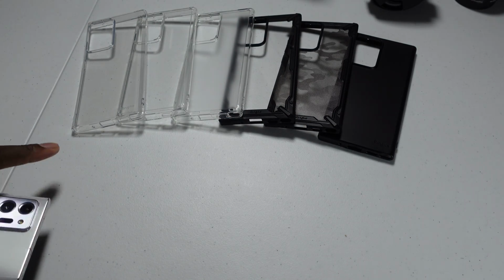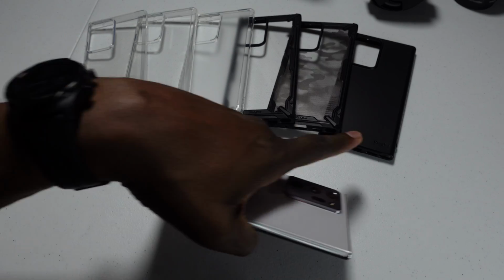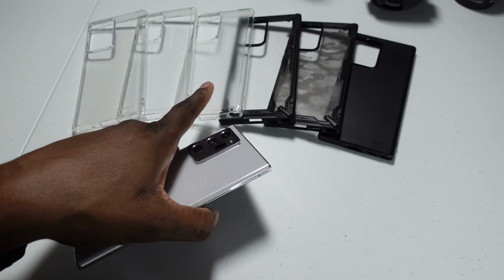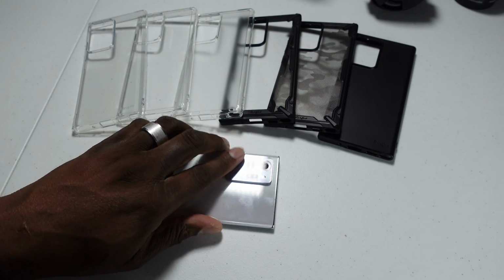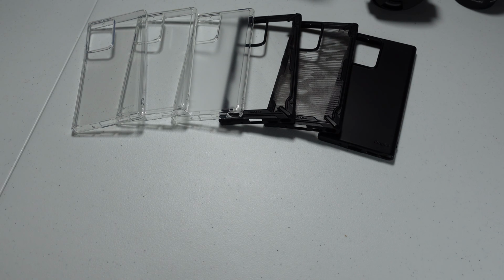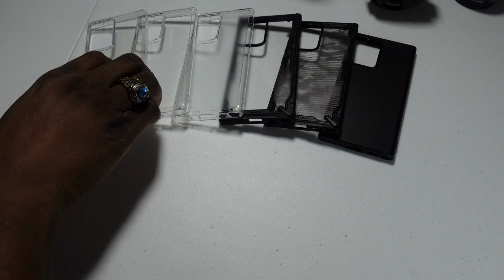So we have right here the Galaxy Note 20 Ultra, and I've got some cases from Ringke right here. So we have the Air S, the Fusion Camo, the Fusion, the Frost, and the Clear. These are all the Fusion lines. So first let's go ahead and put on the Clear Air, which is this one,